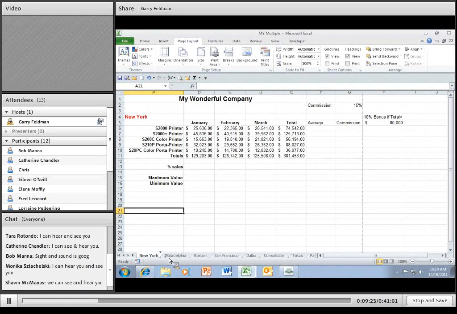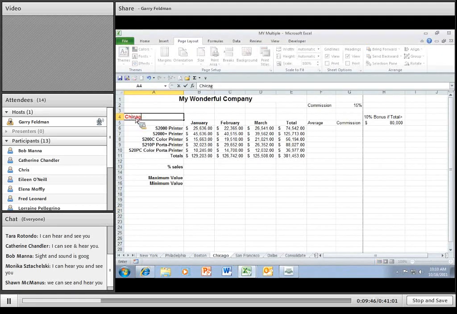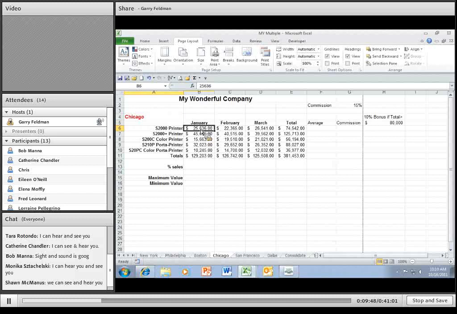I can drag it to whatever place I want and release the mouse first and then the control key, which means it creates an exact duplicate. So I now have a New York with a number 2 next to it, since I can't have 2 sheets with the same name. So if I double click on that and change it to Chicago, and then change the New York label within the sheet to Chicago, and then grab the data and delete that, I'm all set,